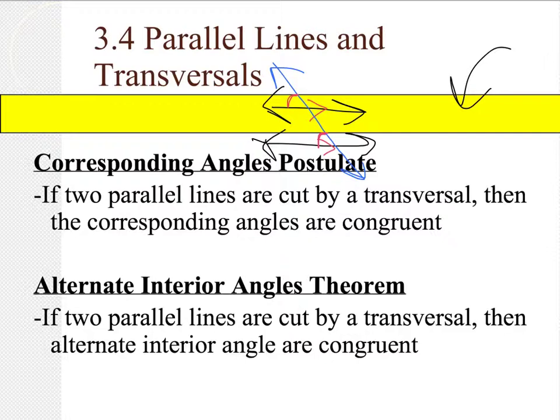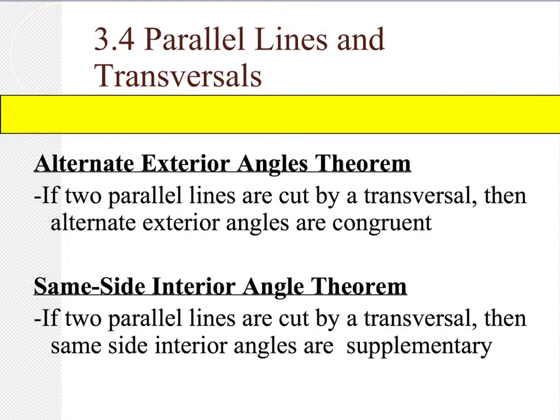That's also true for alternate interior angles. This is where, if two parallel lines are cut by the transversal, the exact same situation, then alternate interior angles are congruent. So corresponding angles are congruent if you have two parallel lines with a transversal. Same thing with alternate interior, which then leads into the alternate exterior angles theorem as well. Same two parallel lines, same transversal. That just tells me that the alternate exterior angles are now congruent as well. The only different one is going to be the last theorem that we're going to talk about today, and that's